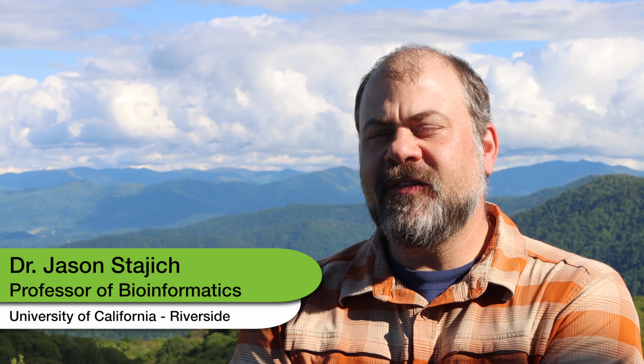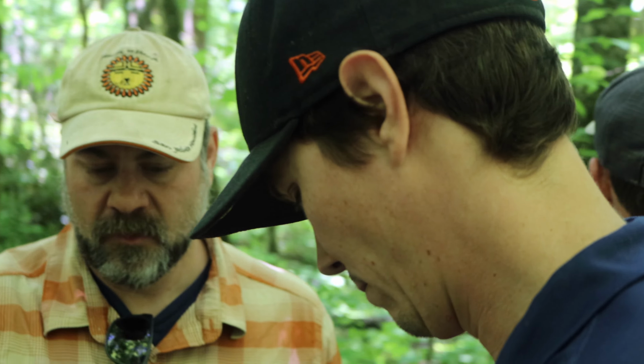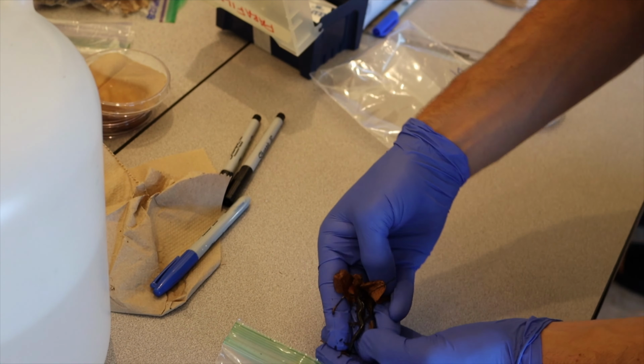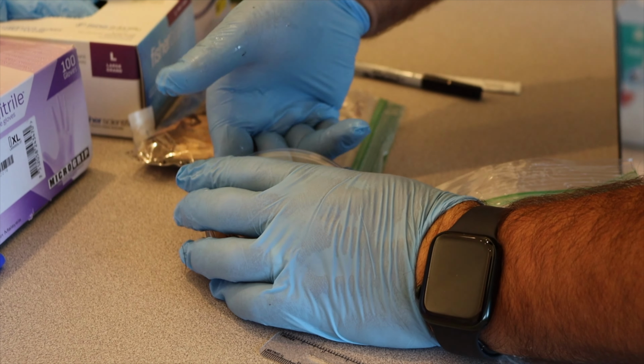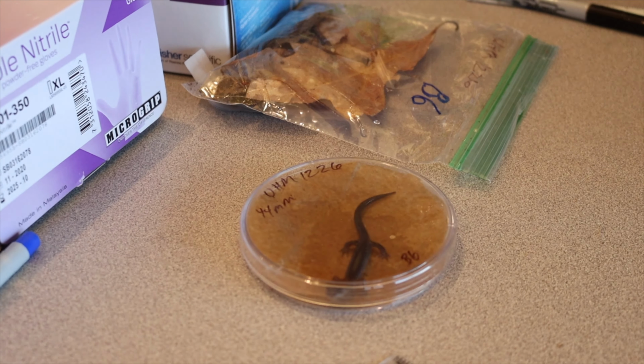The lab work for this project involves capturing the animals, bringing them back to the setup lab that we have here on site, and we wash the animals with distilled water so that we can get rid of any extra material they might have on them, and maybe some of the microbes that are on the outside can be washed off. And then we put the animals in a moist chamber, which is just a paper towel inside a little